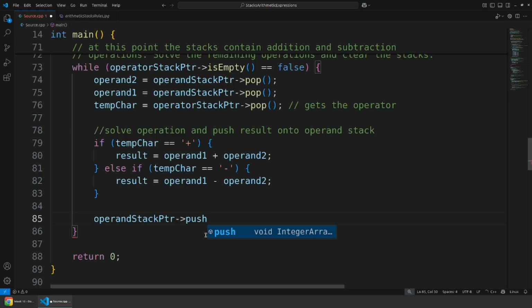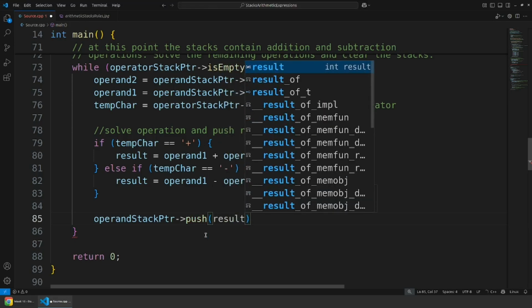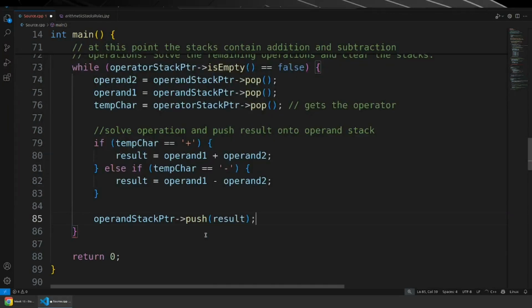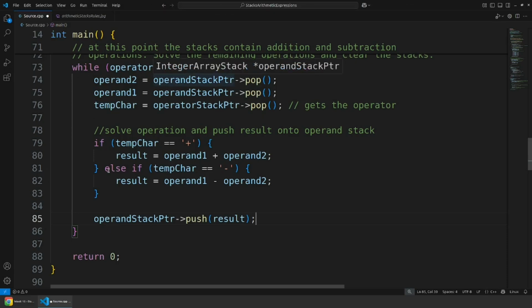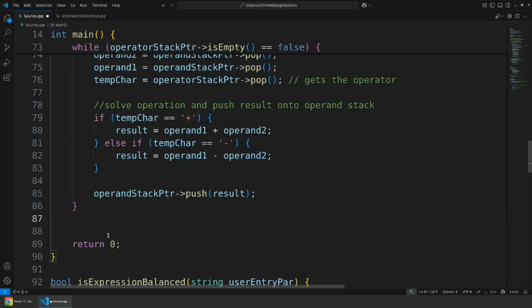Push. And then what are we pushing? Whatever the result is. And yeah, that's going to happen while the operator stack has things in it. So then after that,